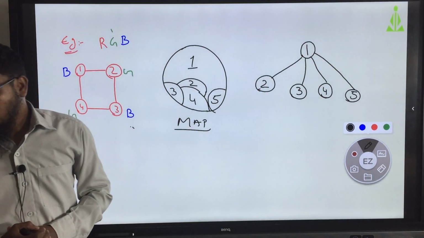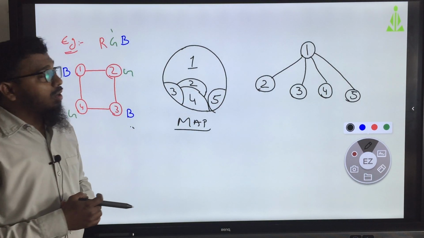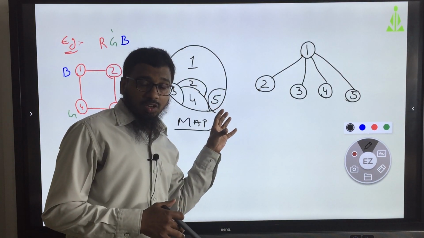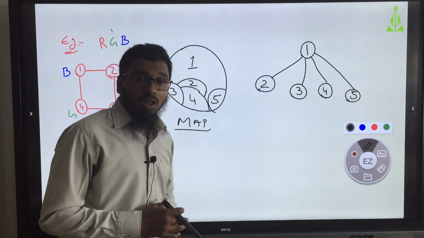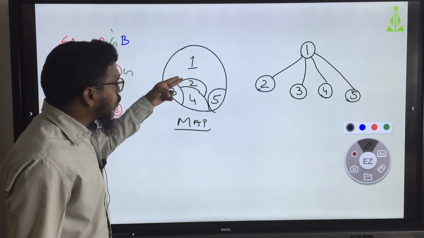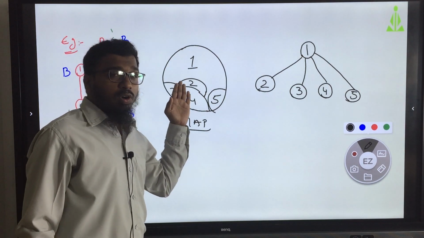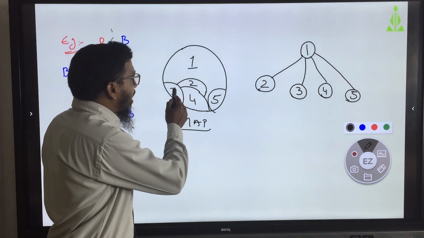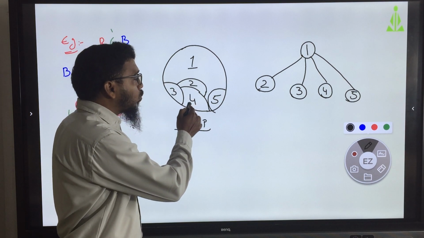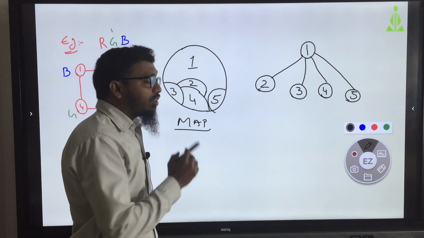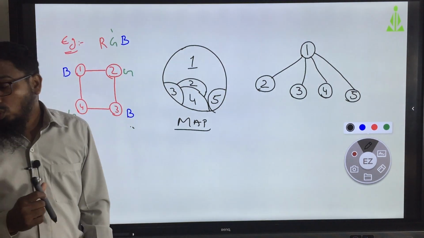Okay. Fine. Now, first we will draw the graph according to this, then we will give the colors. From 2, can you see what is directly connected to 2? From 2 it can go to 3 and to 4. Directly connected 2 to 3 and 2 to 4.